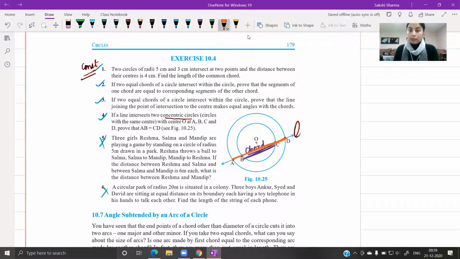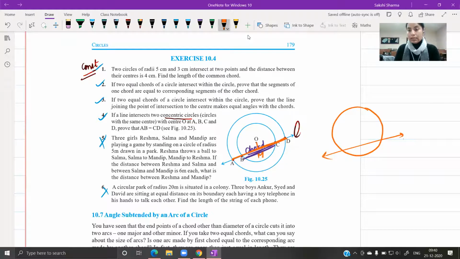So whether it's the smaller chord or the larger chord, rather I should say the chord in the smaller circle or the chord in the larger circle, when you draw a perpendicular from the center, whether for the smaller circle or the larger circle, it's the same. So we will just say that we are constructing a perpendicular to line L from the center. So looking at the smaller circle,